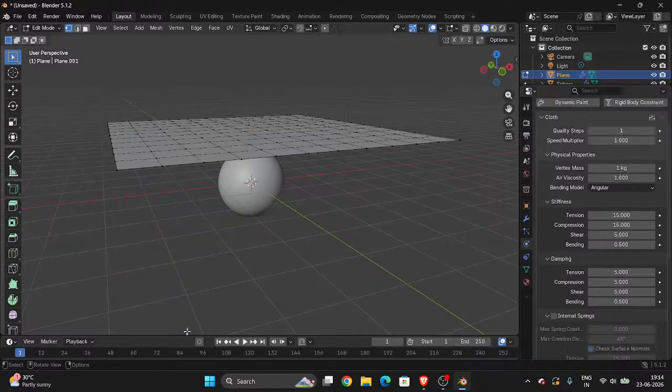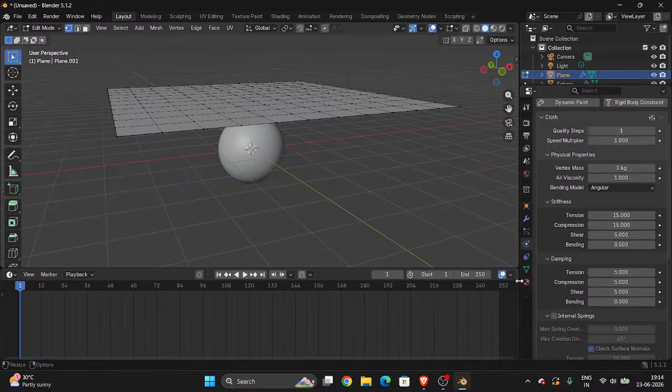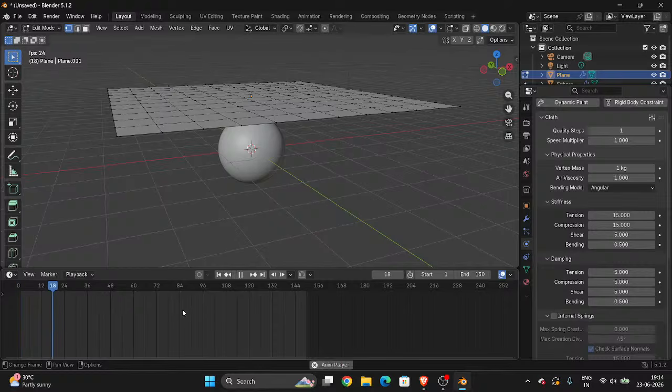And now when you set frames, you'll get a normal frame count of 250, but we'll edit this to 150. So we have now 150 frames only. So whenever you use this now,